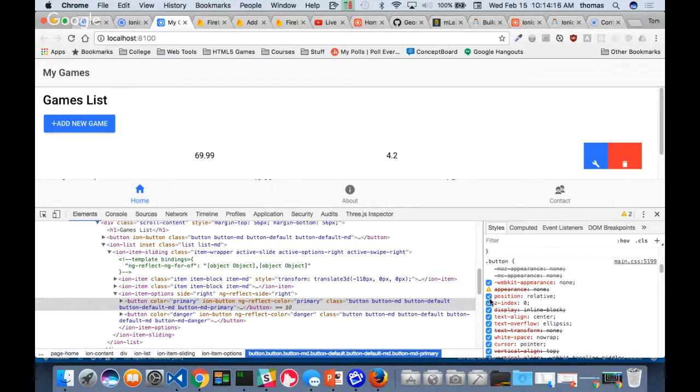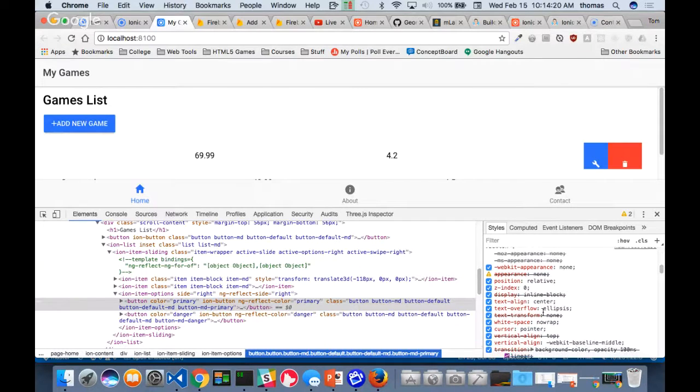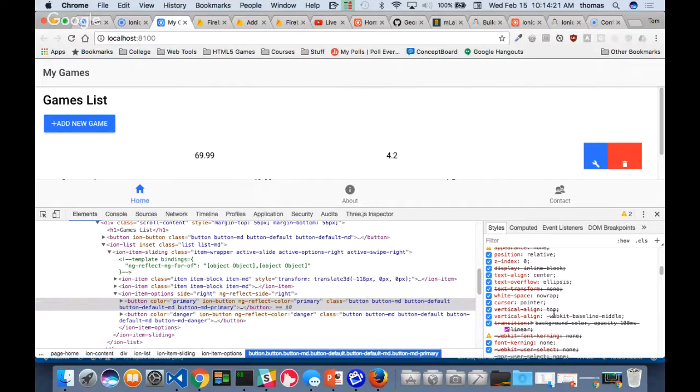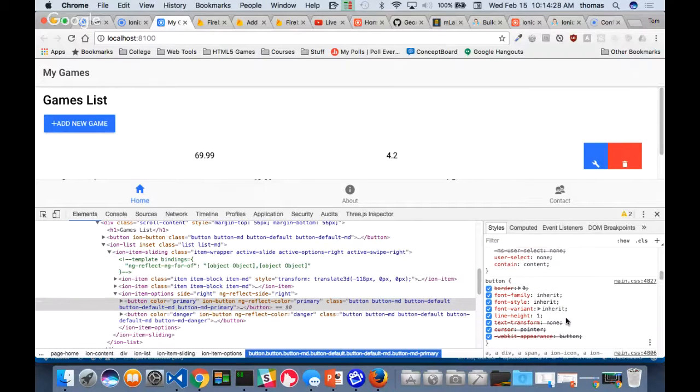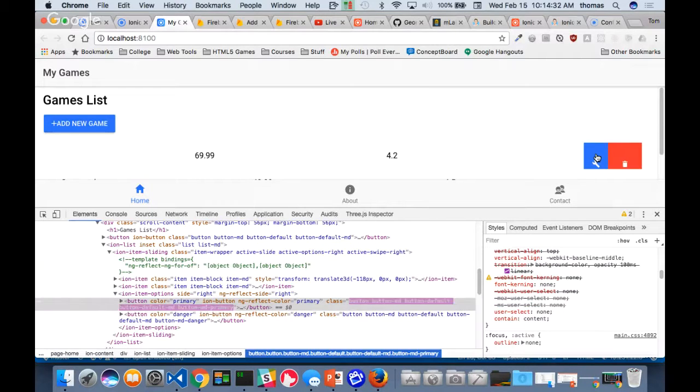Position relative. My z-index. And ellipses. Vertical align. I'm wondering if it's one of these, font family. And it's really hard to tell because even if I click on this thing, you can see that I'm trying to impose a, some things are being crossed out. Like it's almost like one style is overriding the other one. And there is a